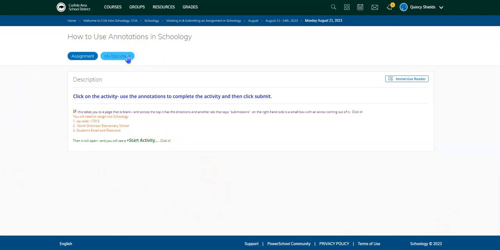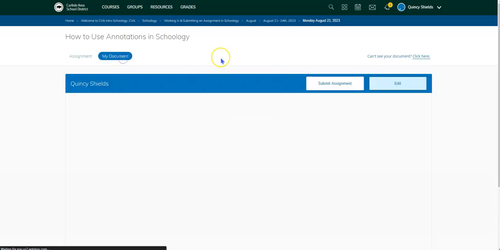your document is here. Sometimes the very first time you sign in to an activity that is embedded in Schoology, it will tell you that you need to sign in. If you click it, you'll have to re-sign in, just like you have in the past to Schoology. For the zip code, click on North Dickinson Elementary School, enter the student's email and password, and then you will open up to a page that looks like this. When you click on My Document,